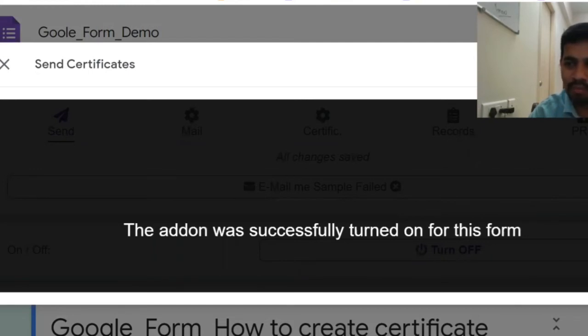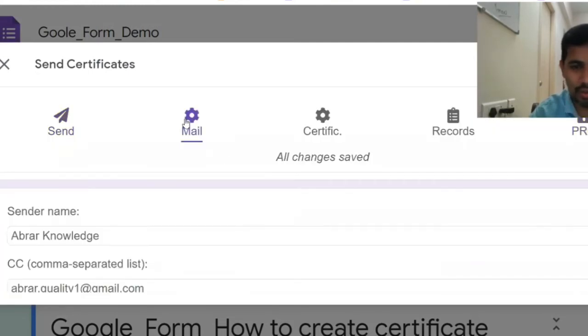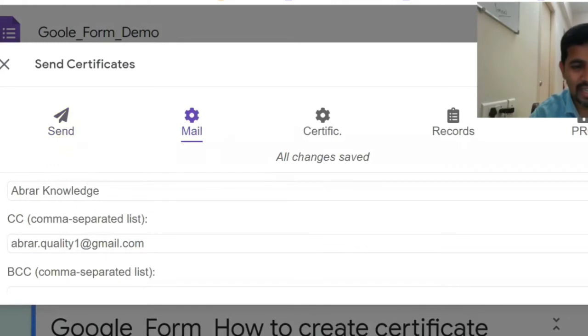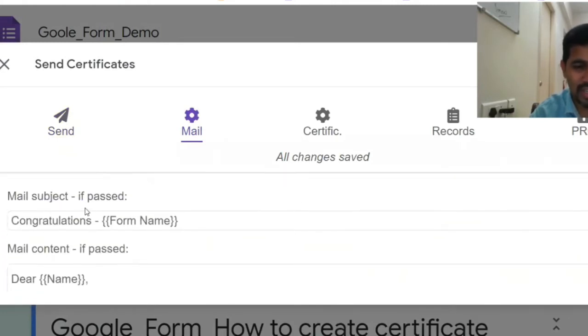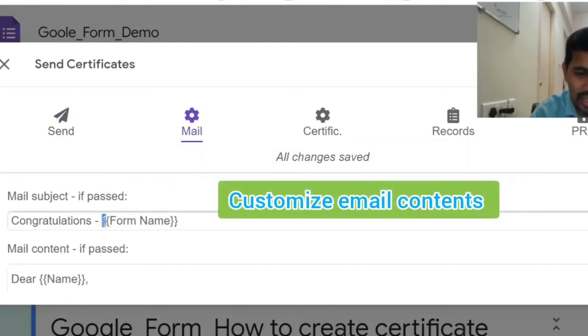How to pick up the format? Go to email, and in the email you can customize it. For sender name, I'm going to put Abrar Knowledge, and CC my email ID, and I'm going to customize the mail subject. Wherever you find these opening and closing brackets, that means the same value will get pasted in your certificate.